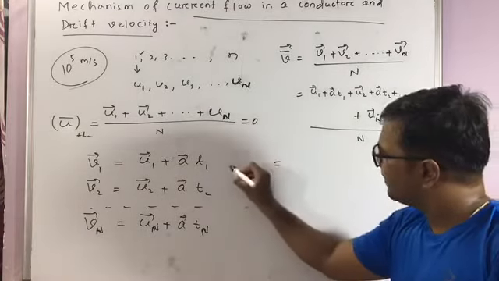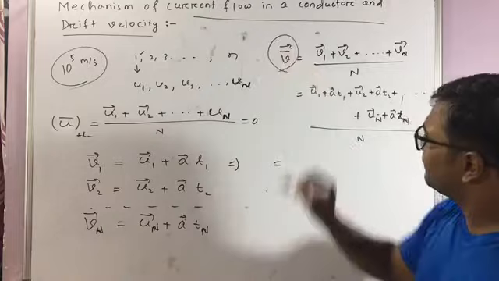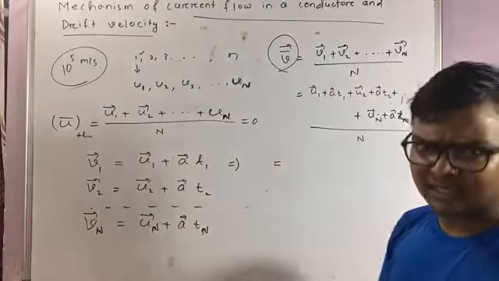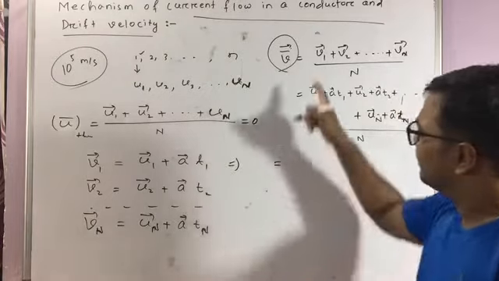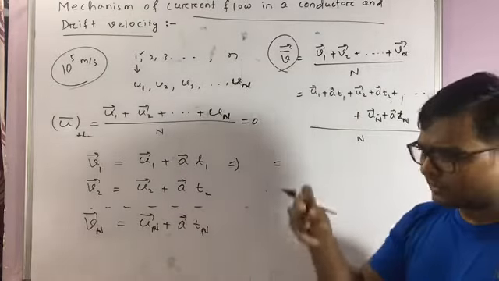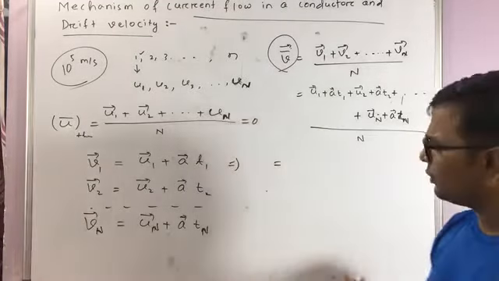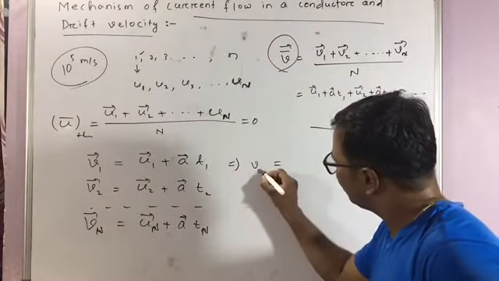So the average velocity with which the electron moves inside a conductor is called the drift velocity, and this term will be denoted as